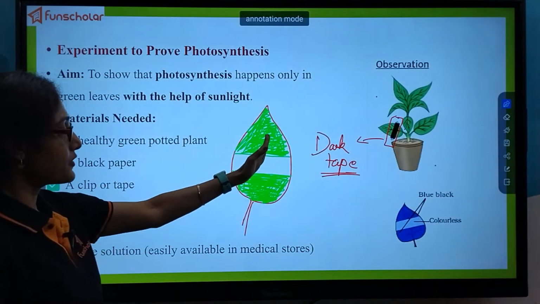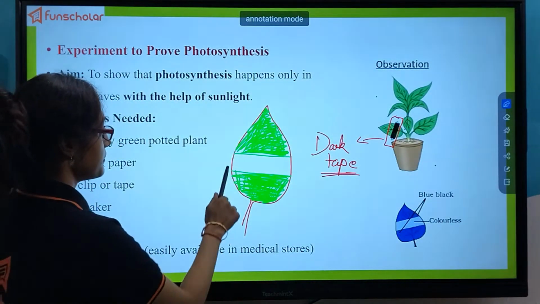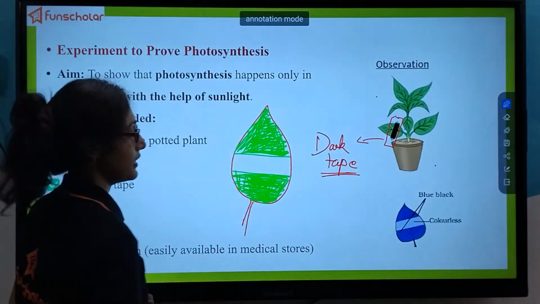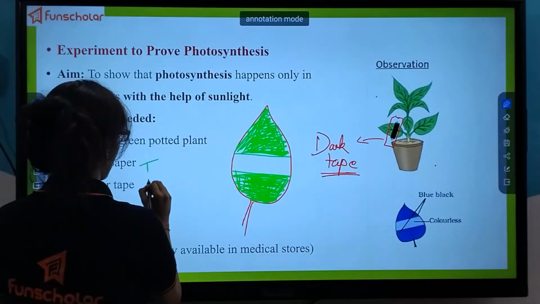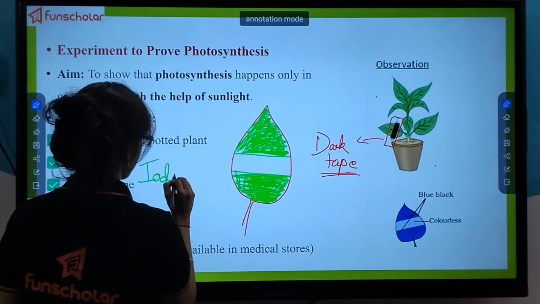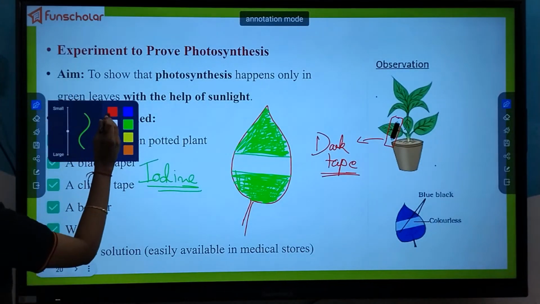See, this part will be green in color and this part will be green in color. But this part will have no color. Now, what will you do? You will take iodine. What is iodine? It is a chemical